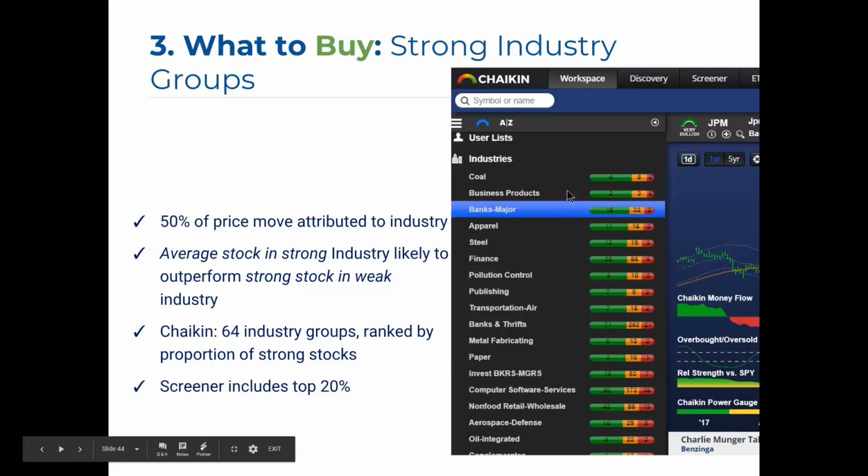So you can see in our industry view list here, like banks major, they've been talking about banks being a big beneficiary of the tax reforms. You want to invest in the stocks that are in these strong industry groups. There's a number of ways you can find it. You can sort here. If, say, you're interested, for instance, in a major bank, you can go and flip through the 16 bullish rated stocks that are in that group,